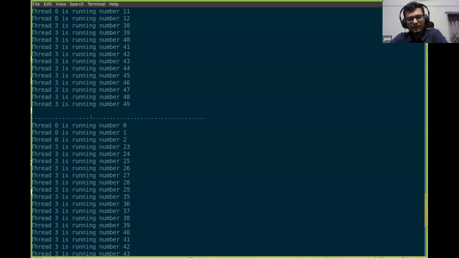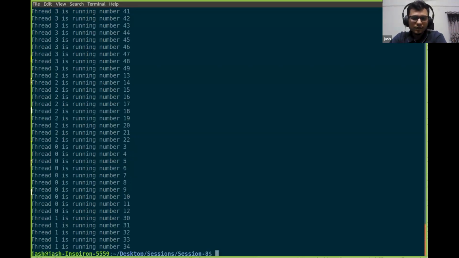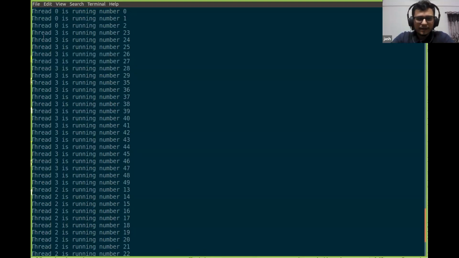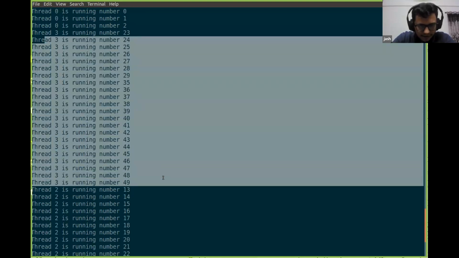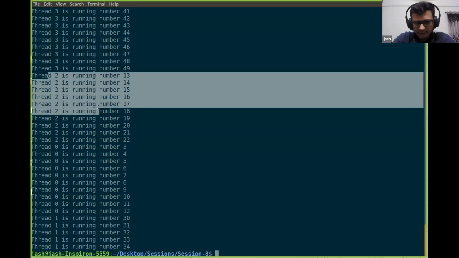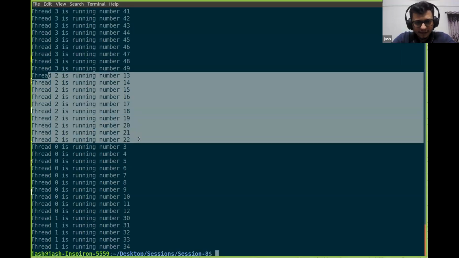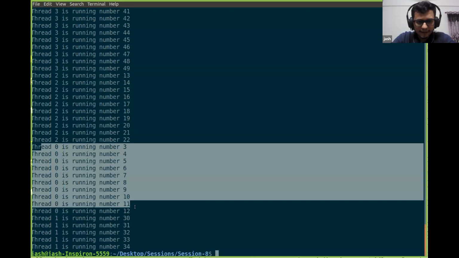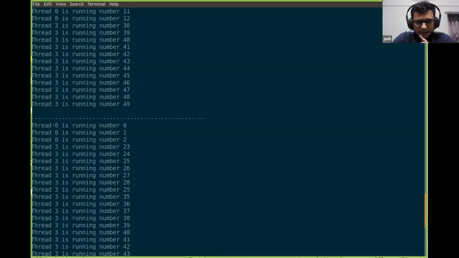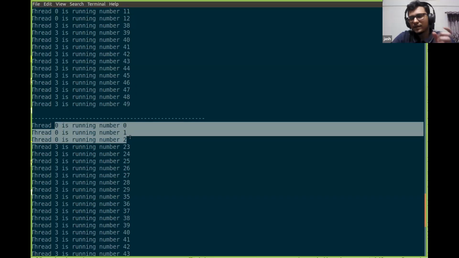The second one is the case for guided scheduling. Here, as we discussed, there is one big chunk that is being created and, I think, assigned to thread 3. Again, there is a slightly smaller chunk assigned to thread 2, then thread 0, and then thread 1, if you see here. And then there are a few trailing ones assigned to thread 0, right?